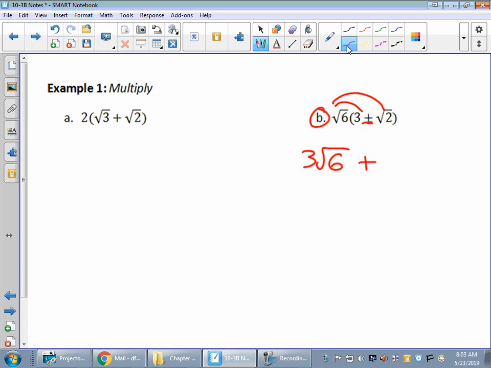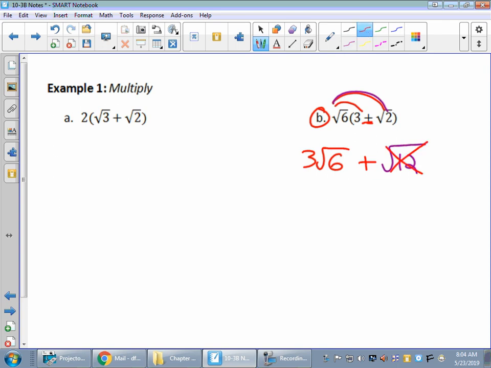And then basically I'm looking at this one here, square root of 6 times square root of 2. Now these two are both under radicals, so we can multiply those. And the square root of 6 times the square root of 2, remember, is the square root of 12. Okay? So now we got to look, is there anything else to multiply? No. Now let's take a look and say combining like terms or simplifying. Right now with that square root of 6, there's nothing you can do. There's no perfect squares that go into 6, so we can leave that. But that square root of 12 we can mess with